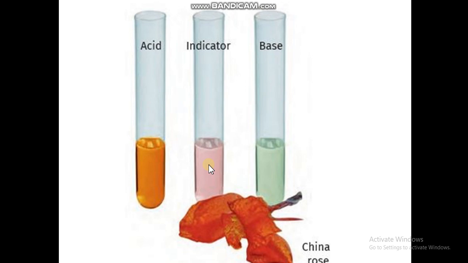So when we paste it and add it to water, the color of the solution will change to a little reddish in color because of the substances present in the China rose. When we add this solution to acid, the color will change to a little brownish. And when we add this indicator to the base, it will turn a little greenish. So if a substance changes the color of the China rose indicator to greenish, then the substance is a base, and if the color of the indicator changes to brown, then it is an acid.